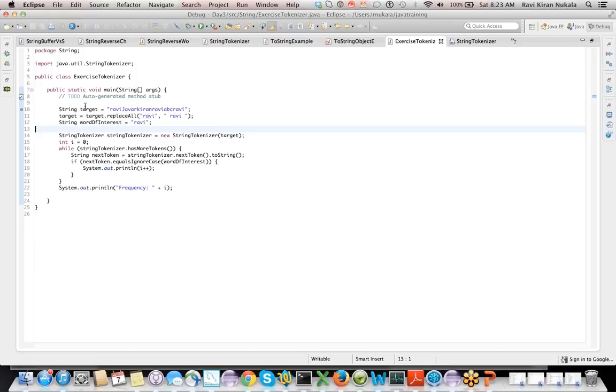So if some of you got confused because I was trying various options, let's see what I'm doing. So this is the string, my target of interest, and this is my word of interest. Okay. So there is no space, right? I was hoping for the string tokenizer to work in a different way a little bit, but it's not that efficient. So now I'm glad that I could share more information. So here I introduced a delimiter. The word of your interest is not a delimiter. It is not delimiting the entire token. So I introduced a delimiter.